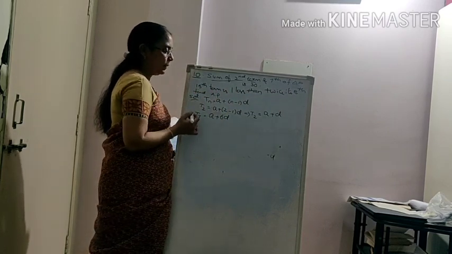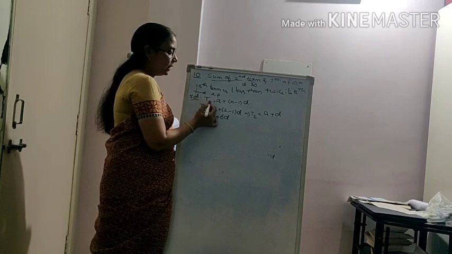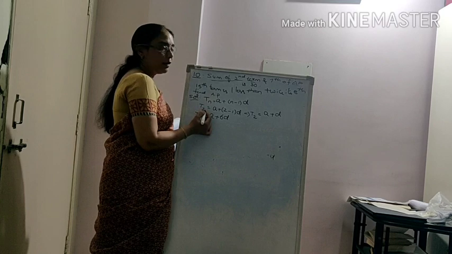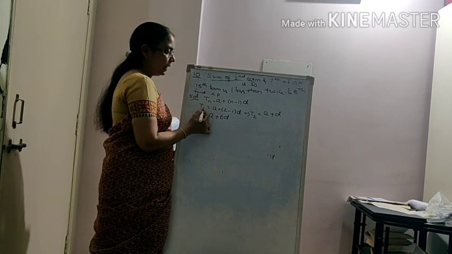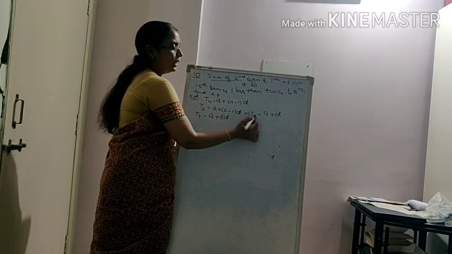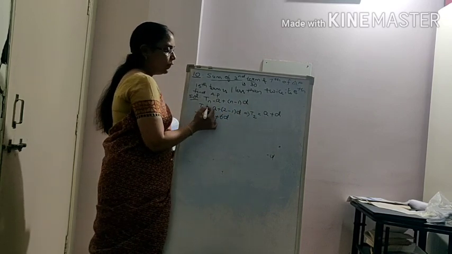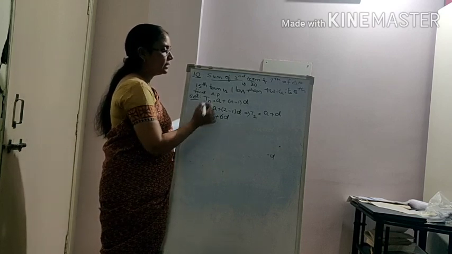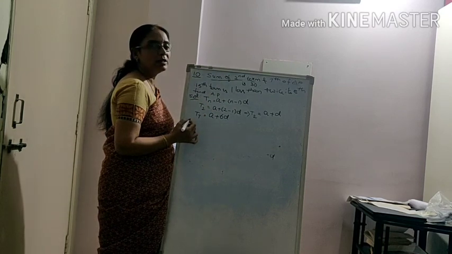8th term. Find AP. We have learned that the general term is Tn is equal to A plus (n minus 1) into D. Therefore, from this you can write the second term as A plus (2 minus 1) into D, so T2 is equal to A plus D. Similarly, if you put 7, you will get T7 is equal to A plus 6D. Let us put the conditions in equations.